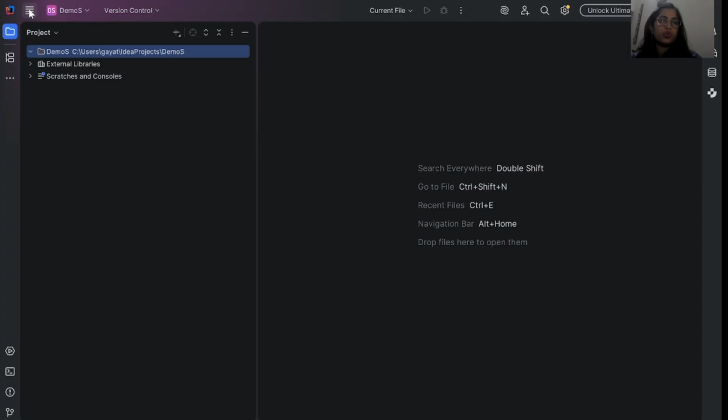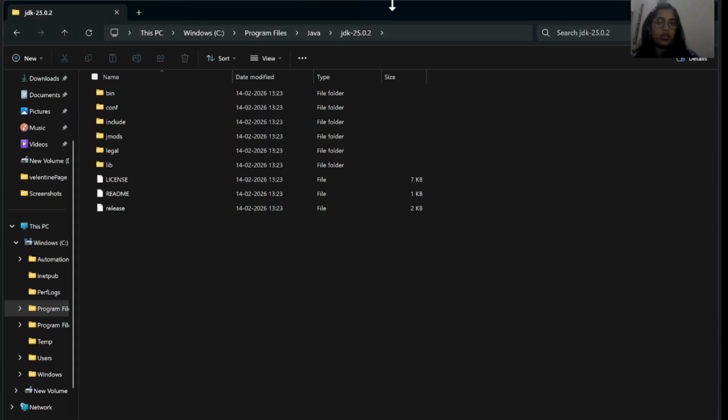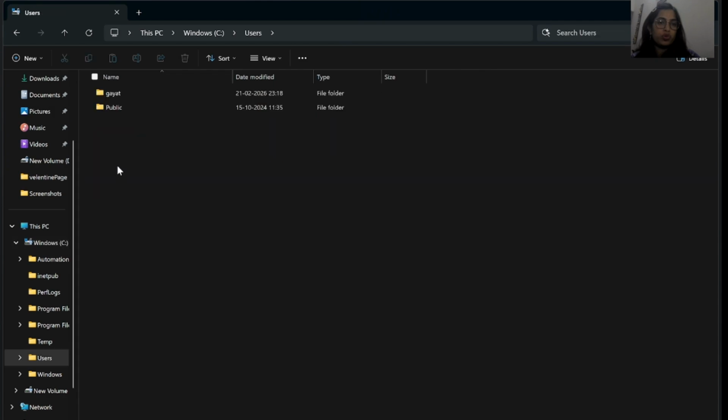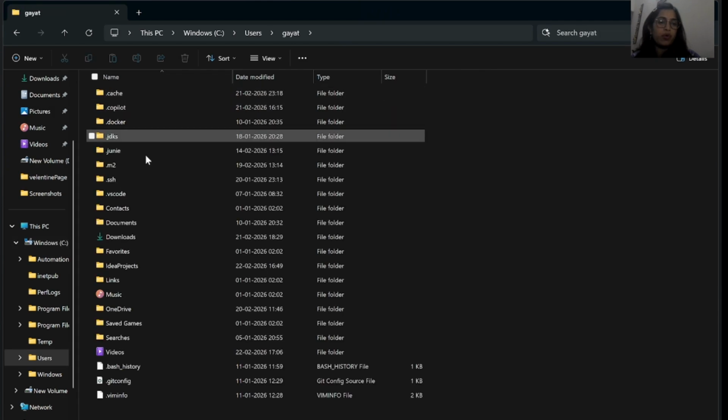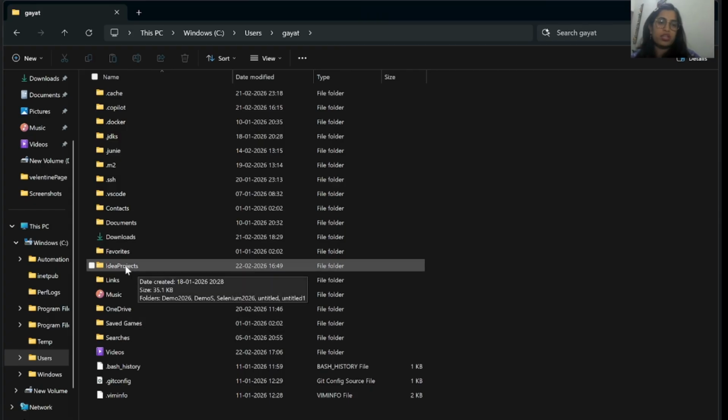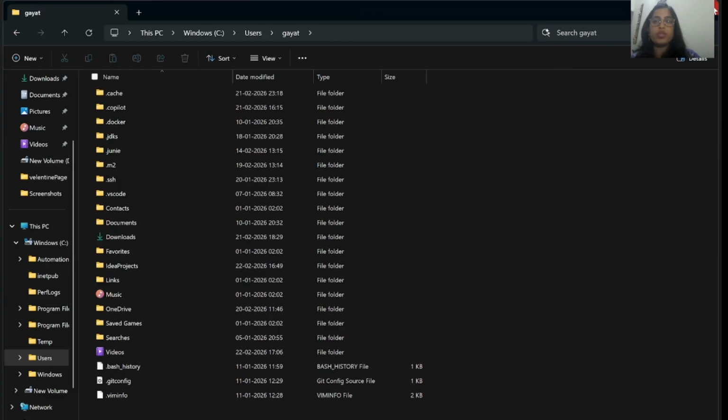One thing to note is that all the projects related to IntelliJ IDEA will go into this folder. You go to C, then to Users, then whatever your username is, go inside that, and you will see the IdeaProjects folder here. Inside this folder, all your IntelliJ projects will be created.